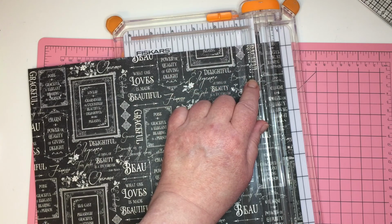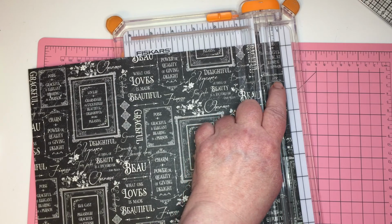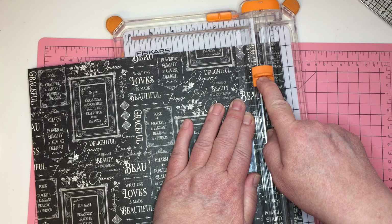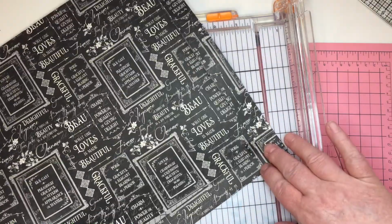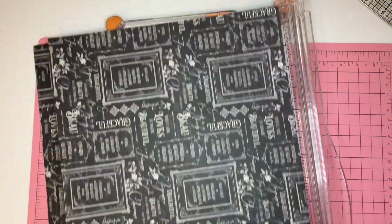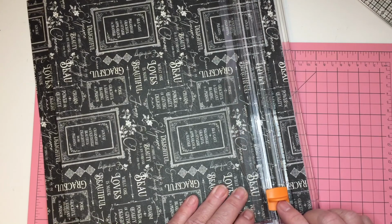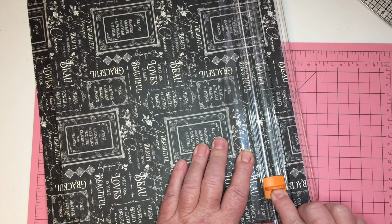to where you can see the dot here, and for me it lines up at, I can see here, 2 1/4. So you want to go up to the 2 1/4. And you can see how it's going here. And I'm going to turn it to the bottom again, and we want it at 1.5. We're going to go to the cutting line, and we're going to go up 1/2 inch,